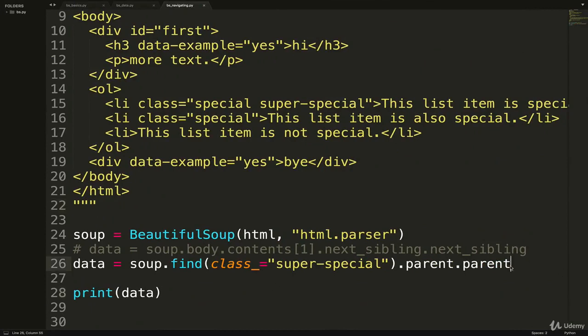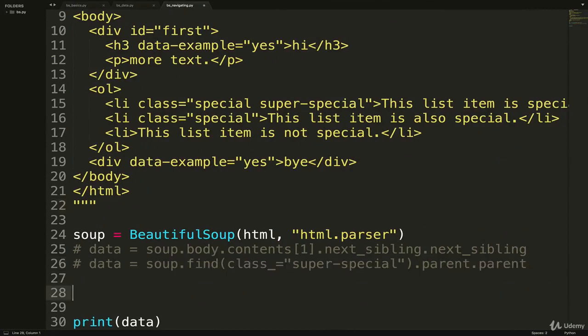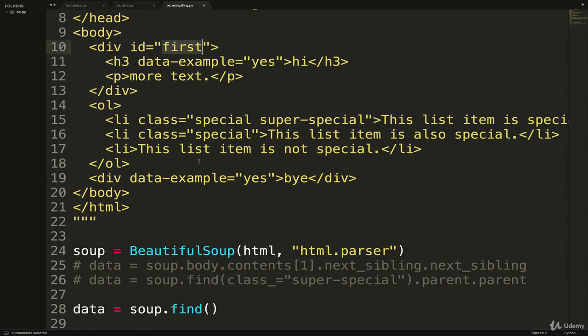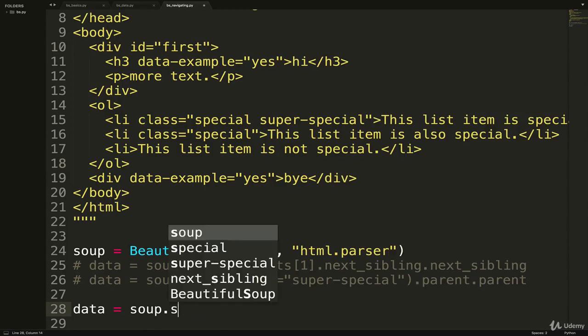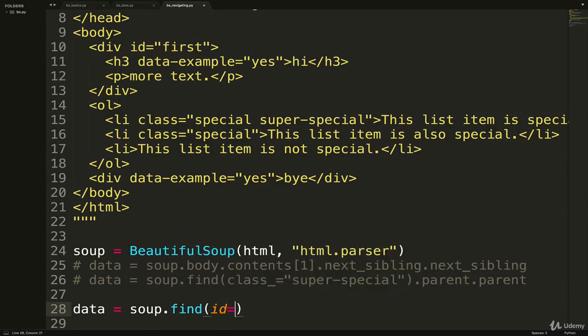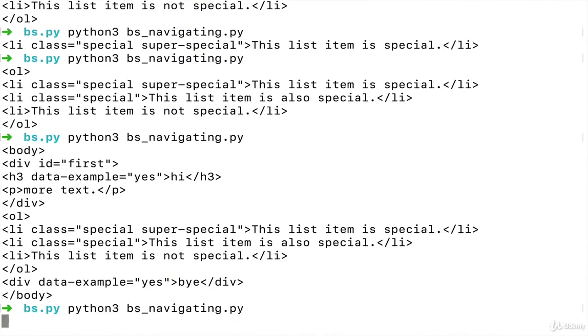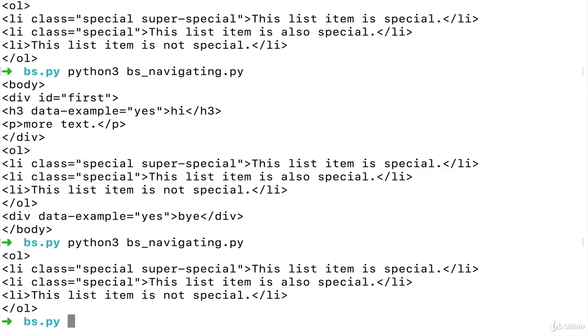So if we take an example, I'm just going to comment this one as well. Let's go with data equals soup.find, and let's go with this div that has the ID of first. So let's actually do .find and then ID equals first, like that. And to find the next sibling, we just call find next sibling. And remember what I called next sibling here, what it gave us was the new line. Let's see what happens when I call find next sibling now. You can see we just get the next element itself. We're searching for the next thing. That's the way that the method is set up instead of giving us that new line.